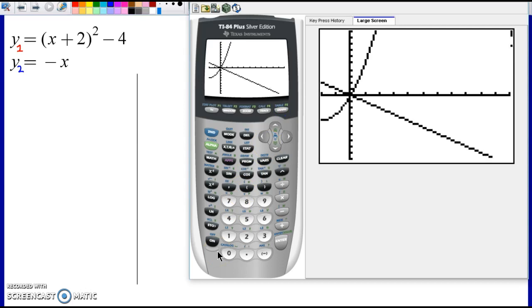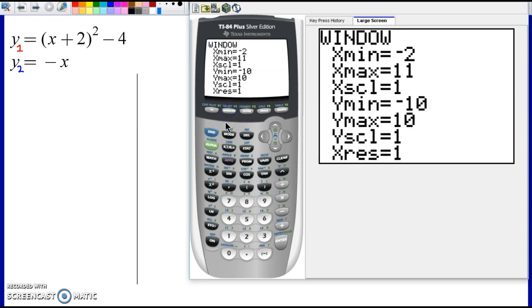And you see how my graph looks kind of strange? My y-axis is up here, my x-axis is over there. I'm going to go ahead and change my window to make it look nicer. So normally if I go to a window, it'll tell you what the x minimum value is, the smallest x value, the maximum x value, the scale you want the x's to go by, the smallest y value, the biggest y value, and the scale you want it to go by. I usually make my graph -10 as the smallest on the x-axis and +10 is the biggest number. I want to go by ones. I'm going to do the same thing for the y's. If I hit graph now,